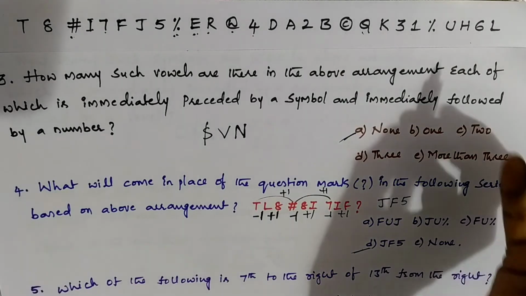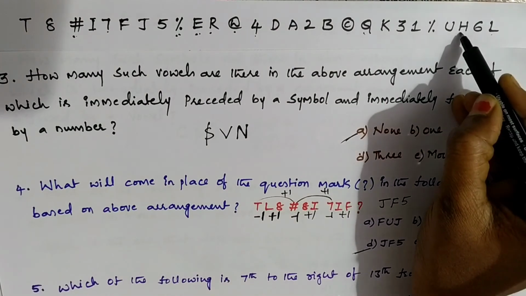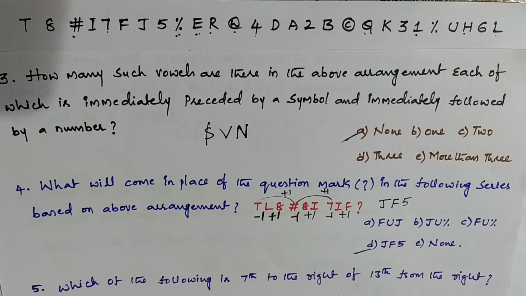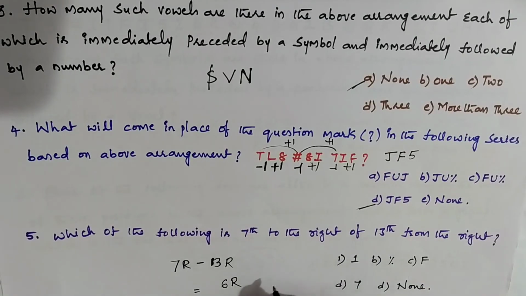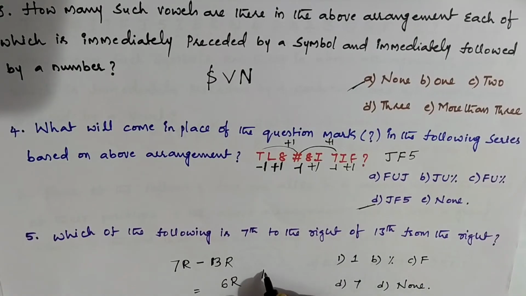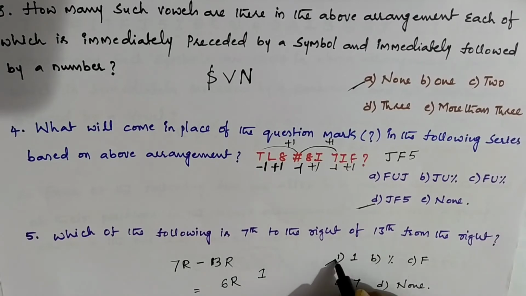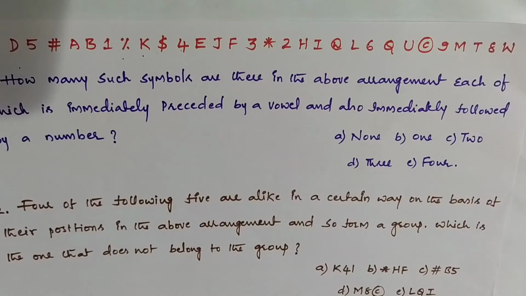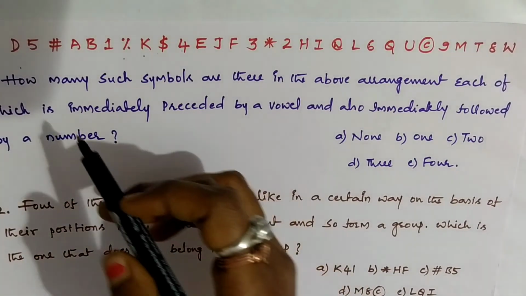Okay, 6th right, 3, 3, 6. 1 is the right answer. 6th right element in the above series is 1. Option 1 is right answer. Okay. Take the next example.